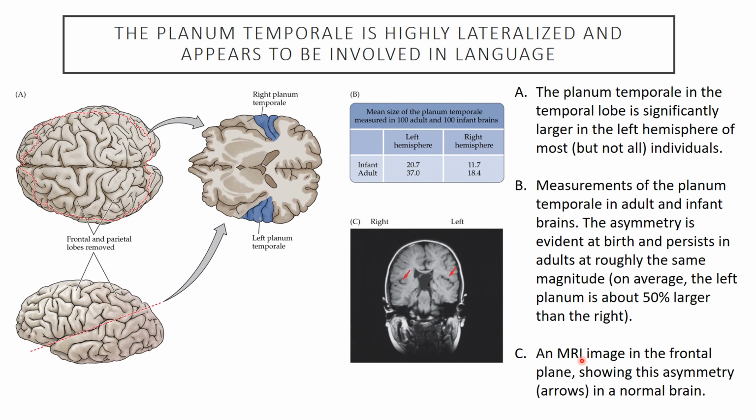And this magnitude of difference is maintained even as brains grow to our adult brain size. And here, what we're looking at is an MRI image where we can see on the left side and the right-hand side some of the folds that are different. In fact, this anatomical mismatch, or this lateralization, is one of the largest lateralizations that we can see in the human brain. This part of the brain is very distinct on the left-hand side than it is on the right in most brains.